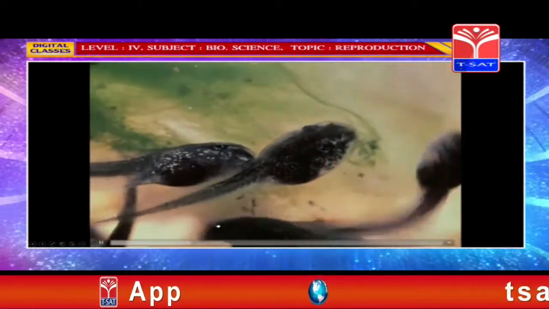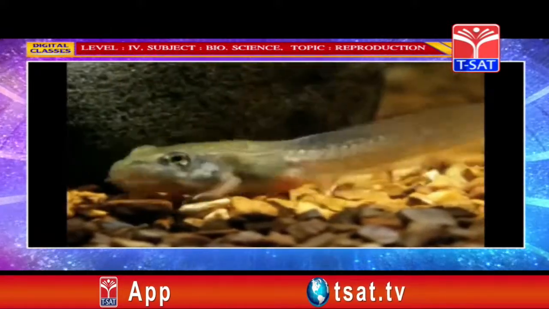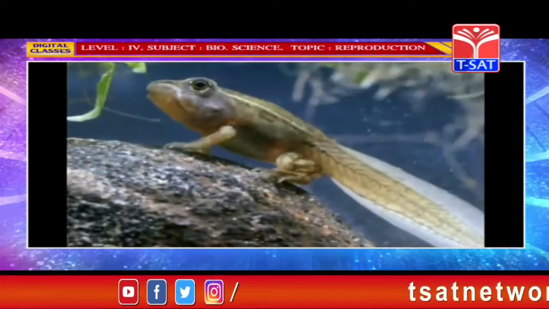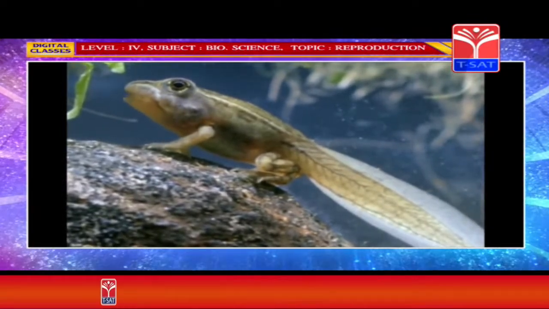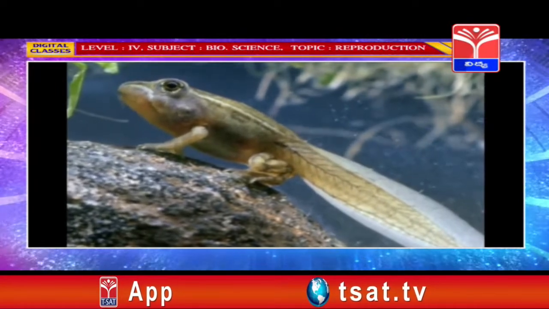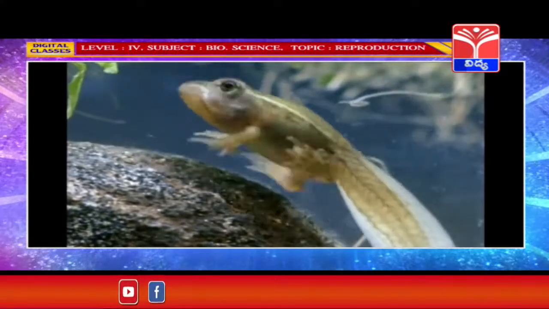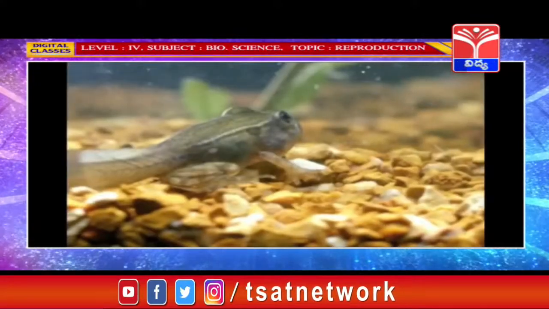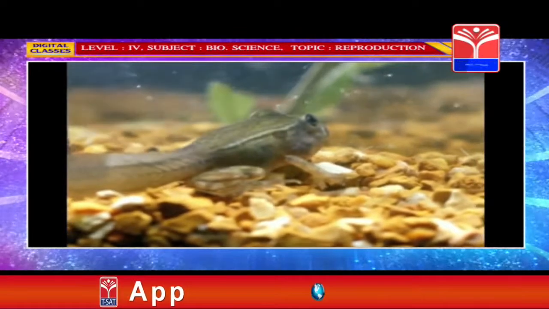The larva feeds on the yolk of the egg from which it came out. As time passes by, tadpoles develop external gills that help them breathe under the water. Their tail begins to elongate and fins also develop, and they spend their time eating plants and algae, and it lives like a herbivore. As they continue to grow for several weeks, external gills begin to disappear and hind limbs start